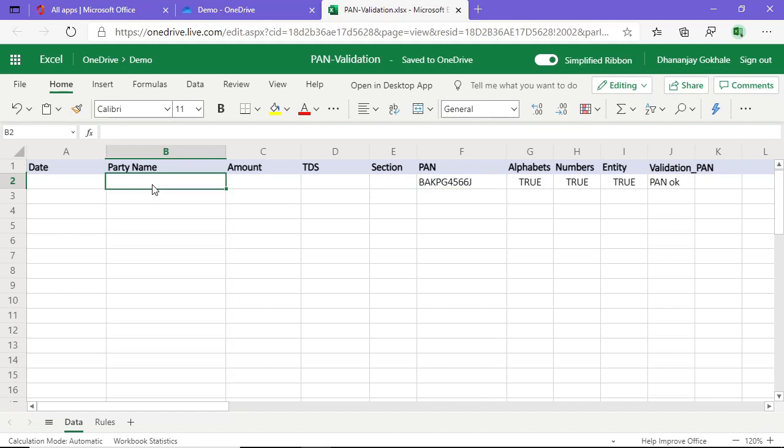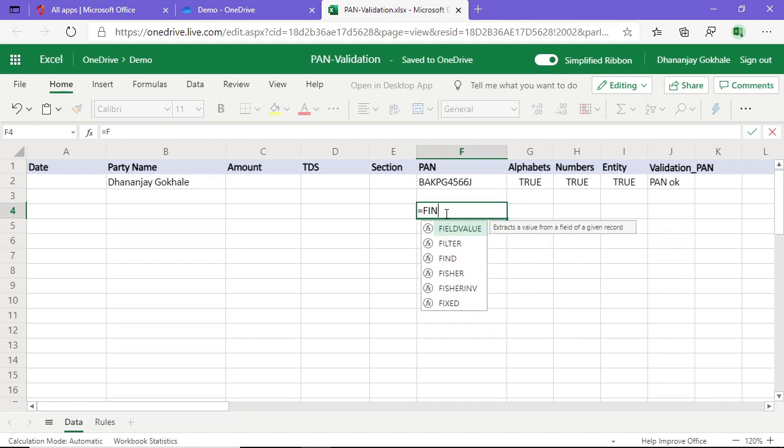So let's say now I will write my name also. Now I want to enforce whether this validation is okay or not. So let us first try to extract the surname character. For extracting this we will have to find one space, and the very next character to the space would be the surname. So let us first find the space. There is a function called FIND. So find what? In double quotes, one space, in this target cell,